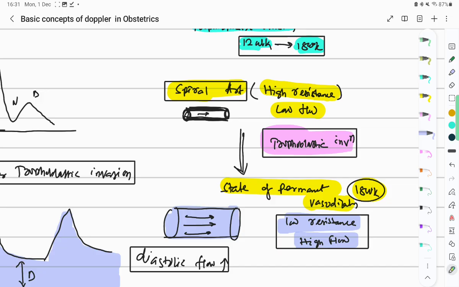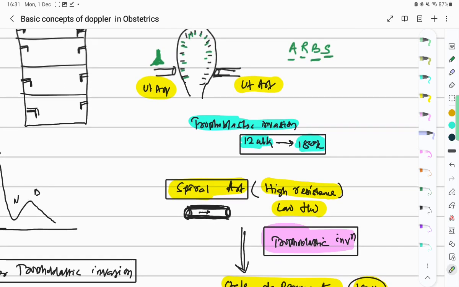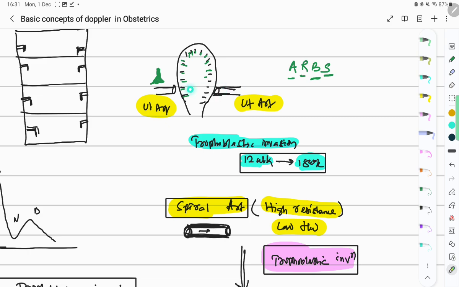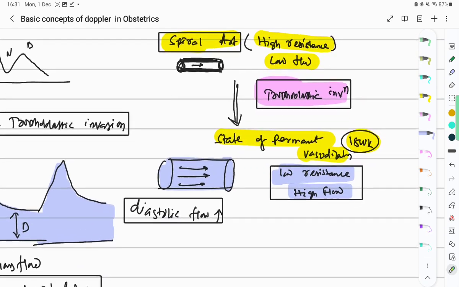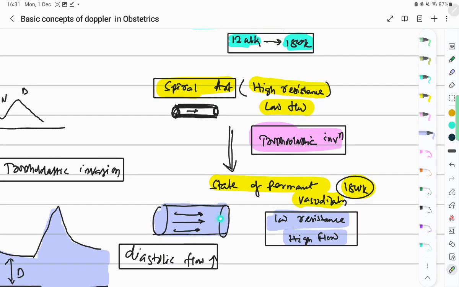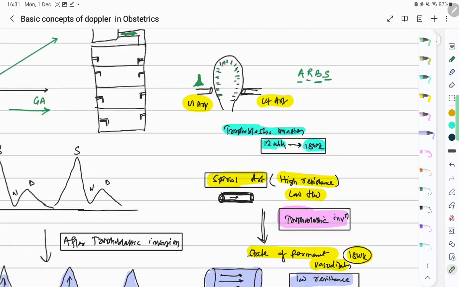During the third trimester, at term pregnancy, a single uterine artery can carry a flow of 850 ml of blood per minute. So around 1 liter of blood passes through these uterine arteries every minute. That is where the concept of trophoblastic invasion arises. Why? For example,